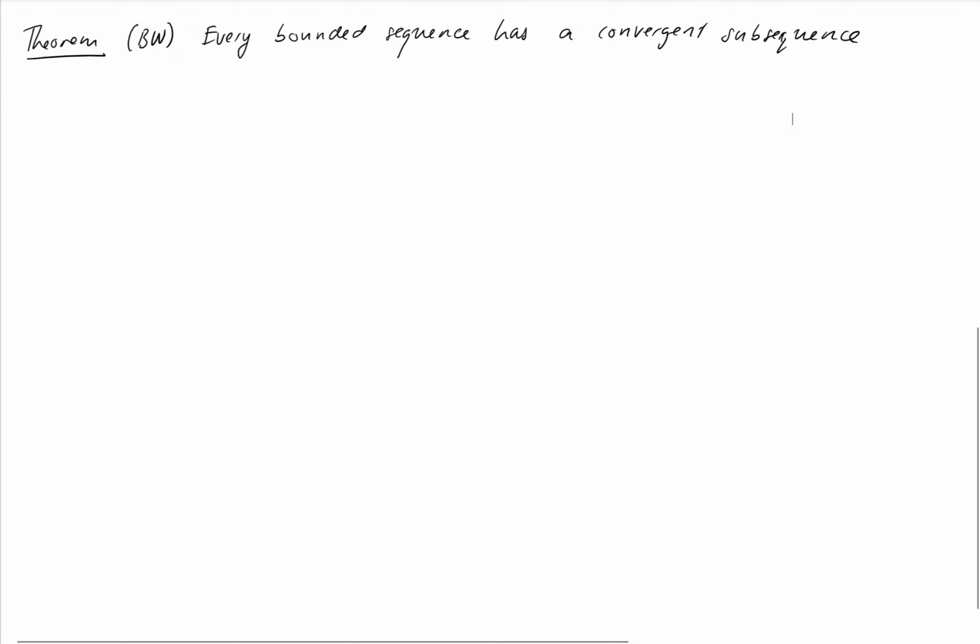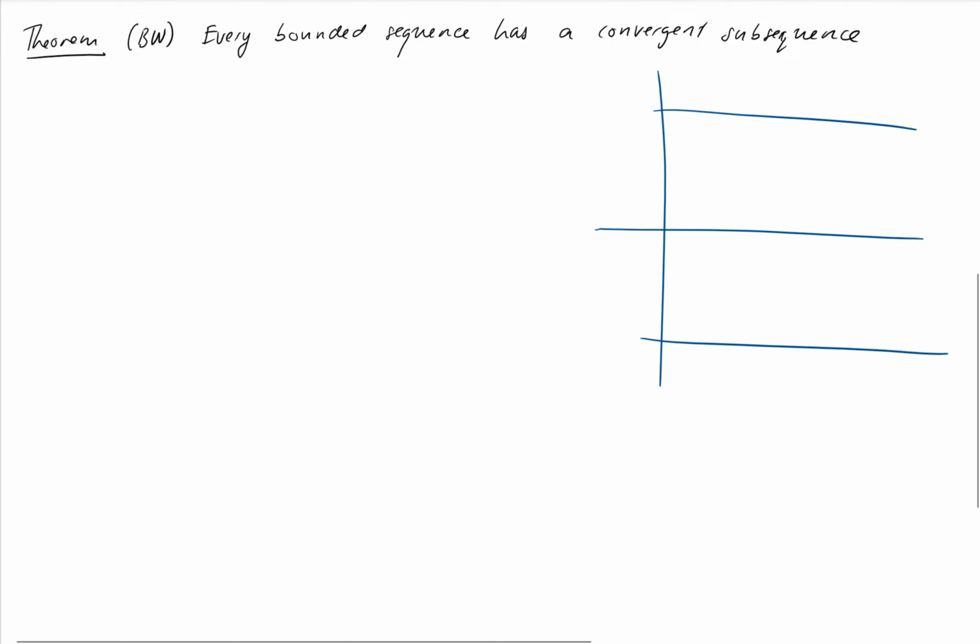Okay, so maybe before we try and prove it, we should try and understand a little bit about what that actually looks like. So we have a sequence. It has to be bounded. So maybe your mental picture for a bounded sequence is you've got some bound m down to minus m. And for a sequence to be bounded, it says nothing about it apart from the fact that all the terms must fit between these two limits. It says nothing about what terms close to each other do or anything like that, but our sequence consists of terms that are between minus m and m. There is a bound m that we can call into play should we need it.